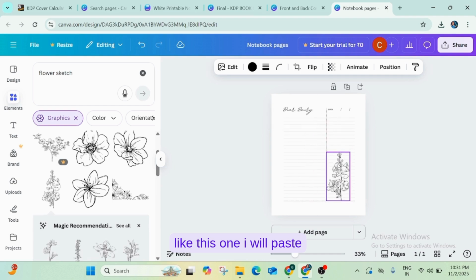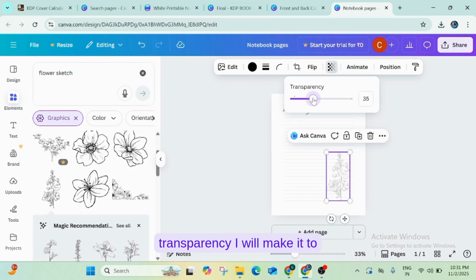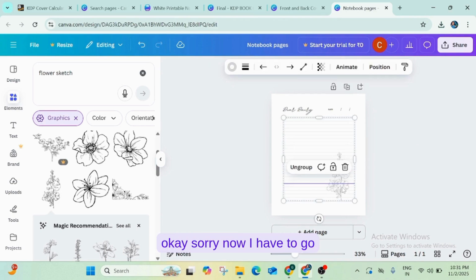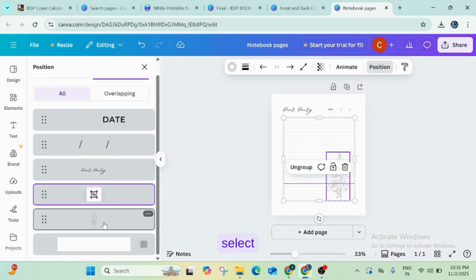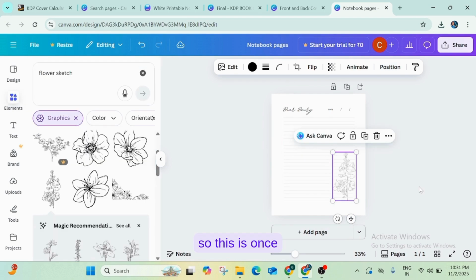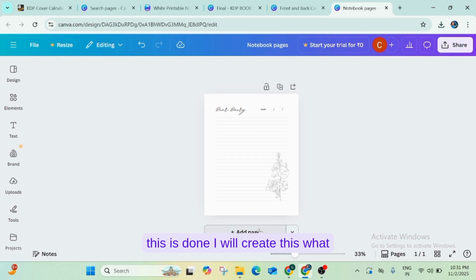I will paste it over here and make the layer transparent. I will set the transparency to 40 to 50%. Now I have to go to layers, show layers, and select this one and this one.